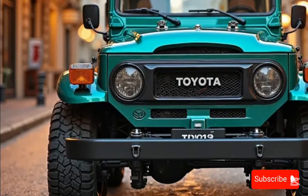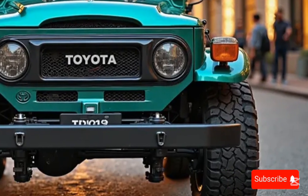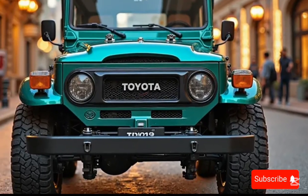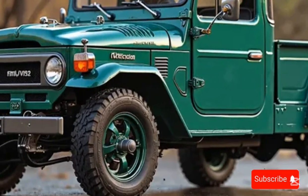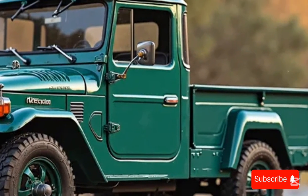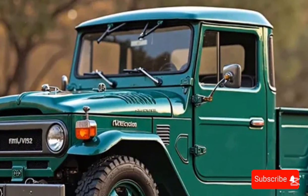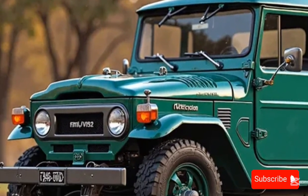Let's take you back to the post-war era. After World War II, many automakers were focused on producing utilitarian vehicles for rough terrain. Inspired by the American Willys Jeep, Toyota began developing its own rugged off-roader. The result was the Land Cruiser, and by 1960, the world was introduced to what would become its most beloved form,